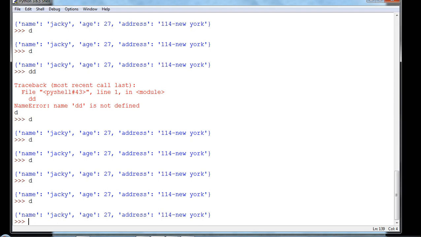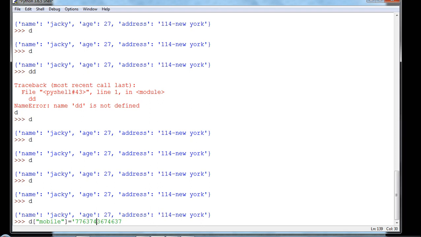So this was our dictionary. I want to add a new value, so I will give the command d['mobile'] equal to, and then I can write a number. If it is a string value, you have to use single quotes or double quotes. If you are using double quotes to open, you have to use double quotes to close it. If you are using single quotes, you have to use single quotes to close it.